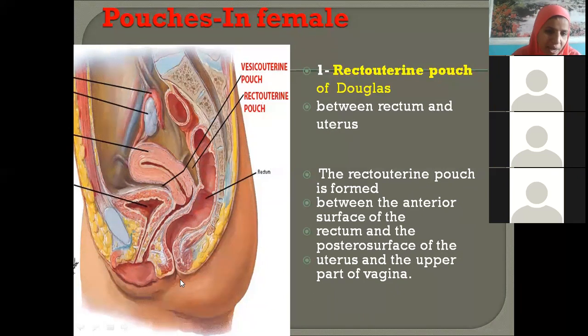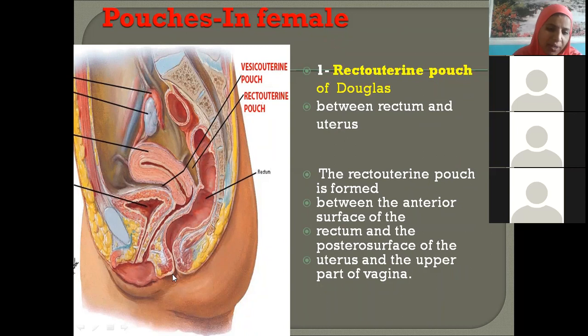Per vaginal examination is where we insert the fingers through the vagina and try to reach the external os of the cervix, to confirm pregnancy and also, during delivery, to check whether the head of the baby is engaged or not. If there is placenta previa, we cannot undertake PV examination. In such cases, we pass our finger through the anal orifice into the rectum and push on the anterior wall of the rectum to check if the head of the baby is engaged or not. Safe side. Our fingers will almost reach this Douglas pouch when we do per rectal examination. We can also check if there is any fluid accumulation or tumor in the rectouterine pouch by per rectal examination.